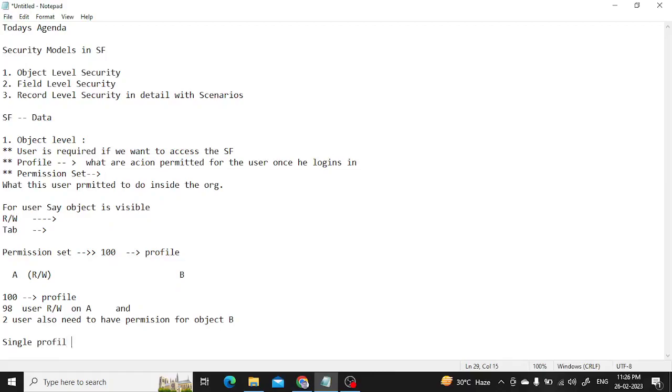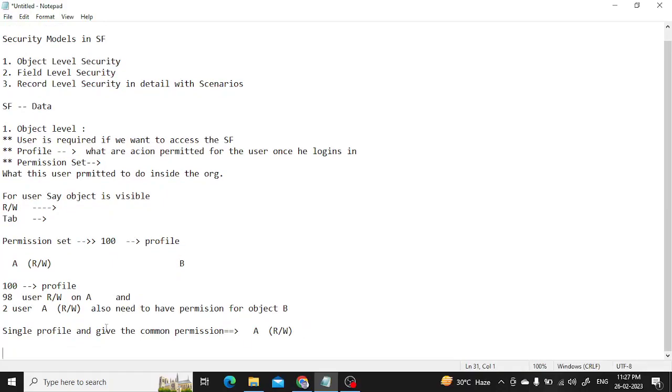and give the common permission in the profile. So what is the common permission here? I want these 98 and 2 to have read and write on A. So what I'll do is create a single profile which will have this, and I'll give this to all 100 users, and then I want this extra permission, something extra